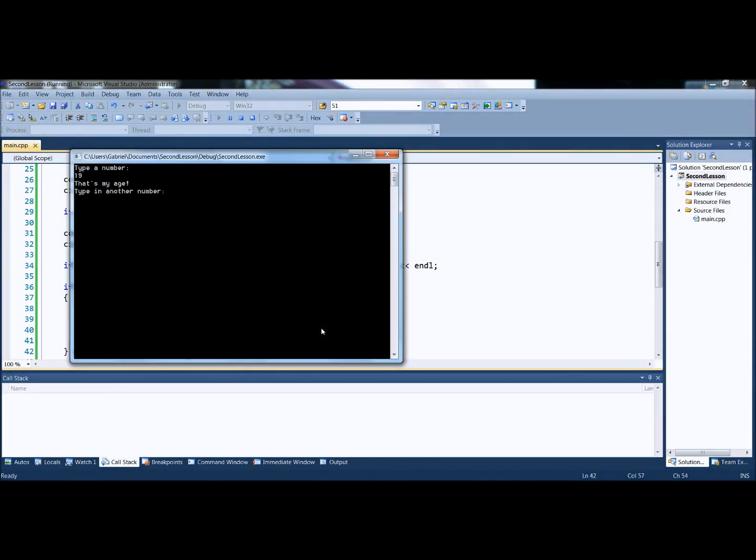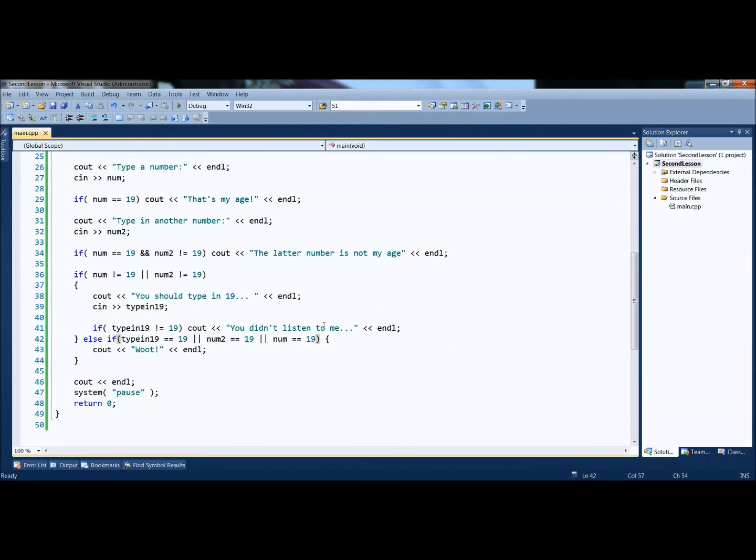So if I put 19 for that, but then I put 67 for this one, and 45 for this one, oh, well, I guess not. That's right, because it's going to check the first condition. So type in 19 was not equal to 19, so I guess it didn't bother with